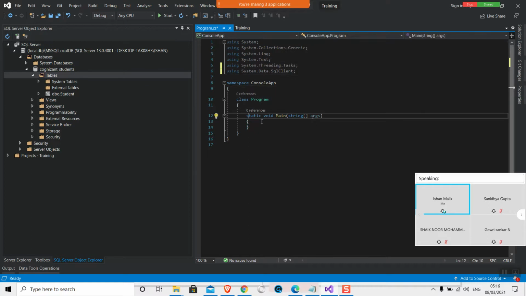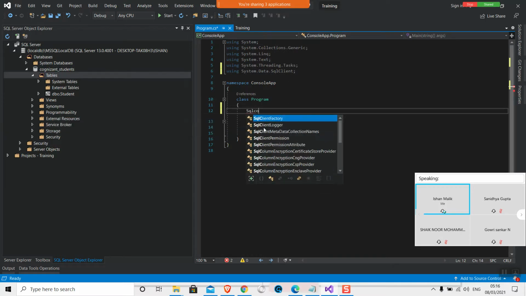Now we are providing some default syntax, tools by ADO.NET to use. First we will introduce SqlConnection.